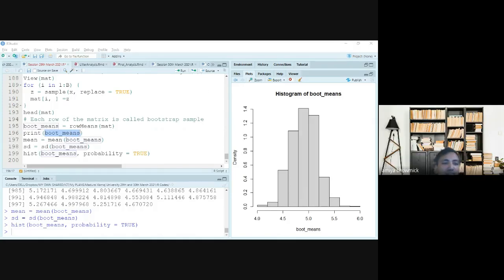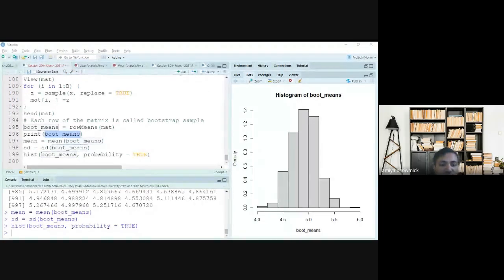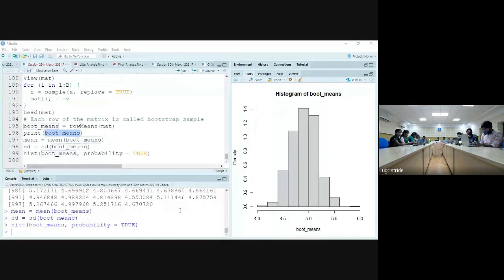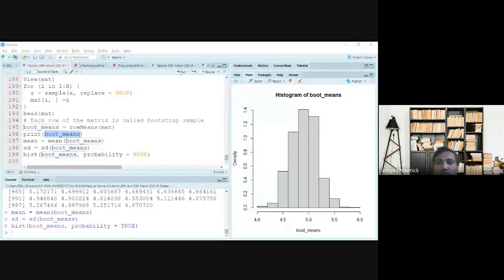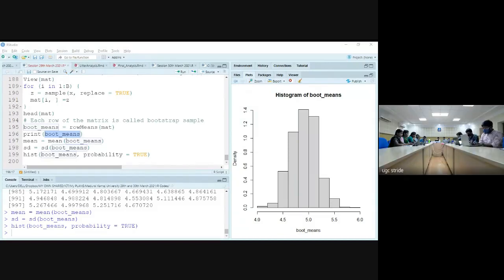So let me explain it a bit graphically, so that if you understand this process, there are multiple ways this can be done.